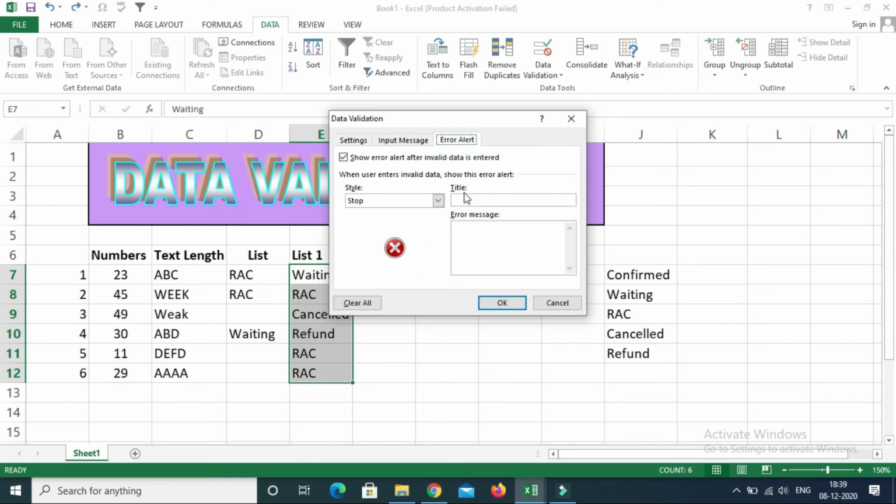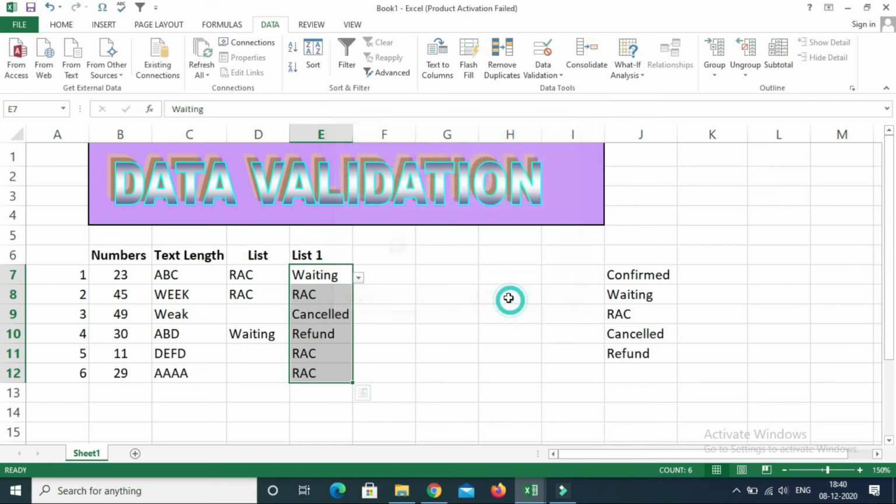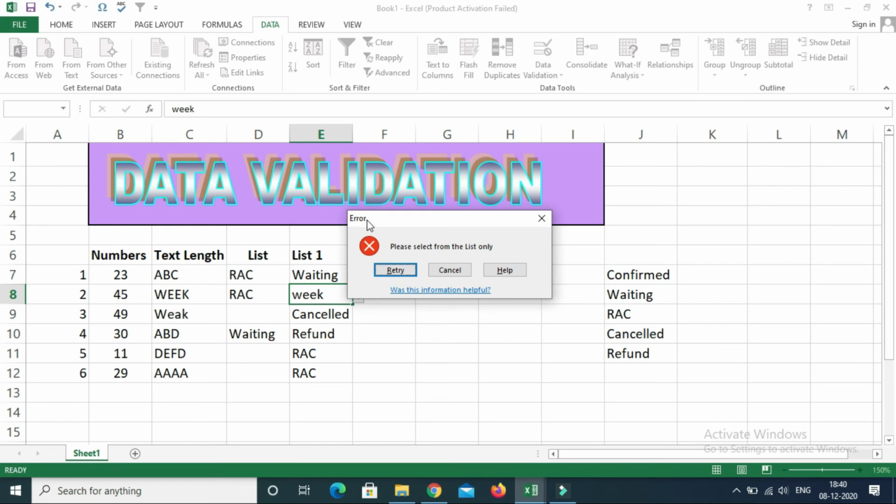Now here you have the title and the error message. For the title, I'll say, for example, "Error", and the error message will be displayed to the users. So I give the error message, "Please select from the list only." This message I want the user to see. Then I'll click OK here. So next time when I make some other changes here, I'll get the title as Error and the message that I have typed there, please select from